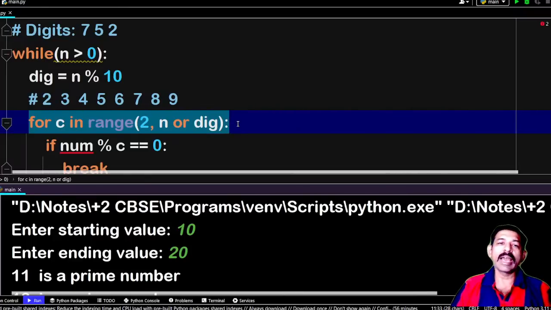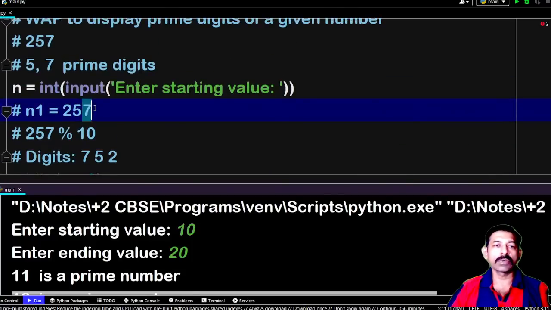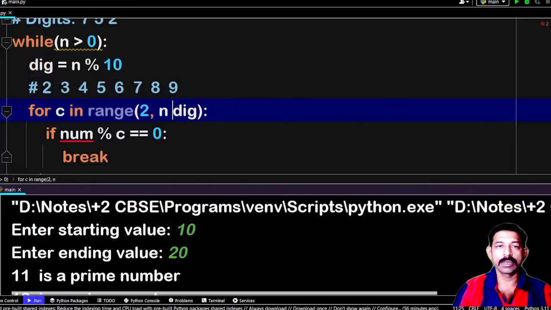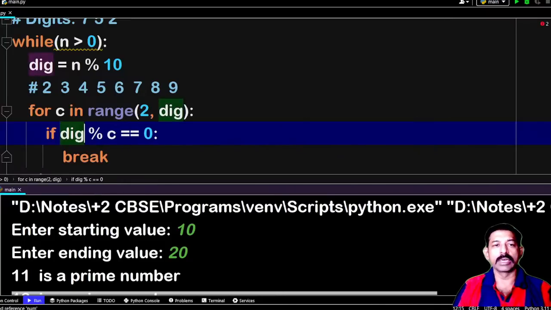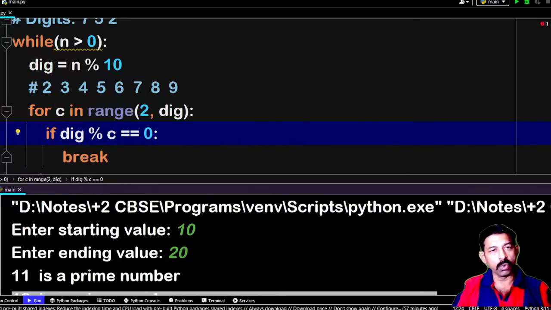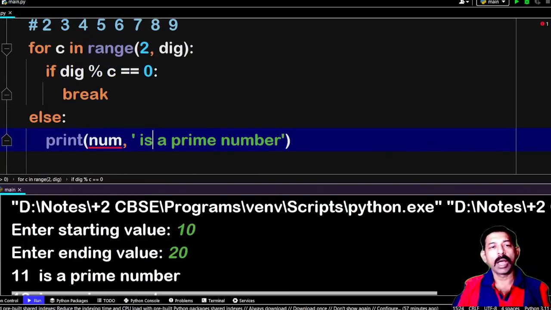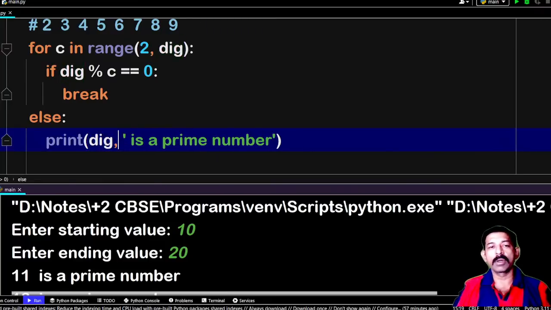Excellent, good job, dig, because I need to check this digit is prime or not, where the digit is 7. So that's why I'll check this one is prime or not. So that's why it will move up to dig. Now if it is dig, obviously I will say that if the digit modulo c is equal to 0, अगर 0 है तो ब्रेक करो, बाहर आ जाओ। अगर नहीं है तो दिखाओ। ये किसको दिखाना है? अभी डिस्प्ले किसको करना है? dig को डिस्प्ले करना है, बिकॉज डिजिट इज अ प्राइम डिजिट,